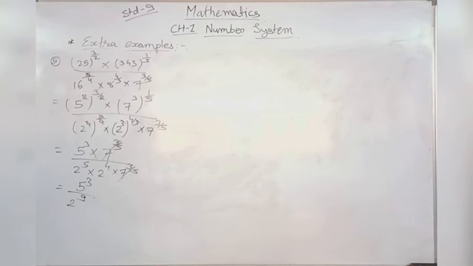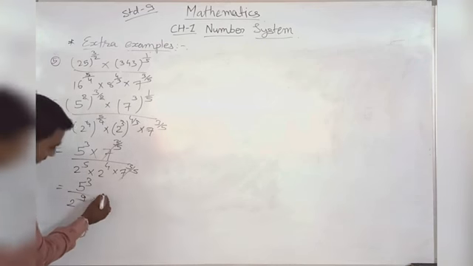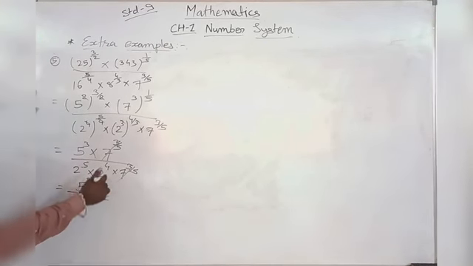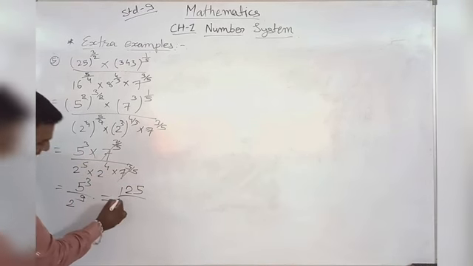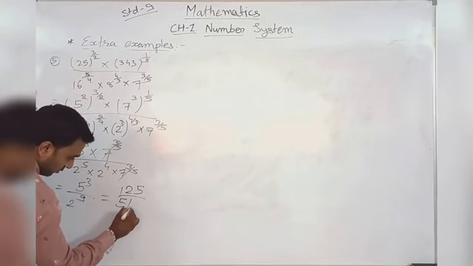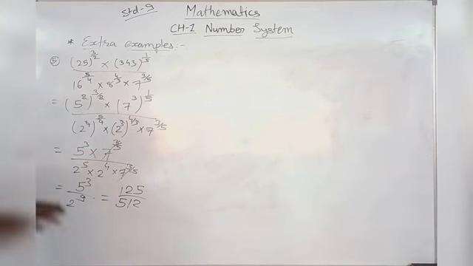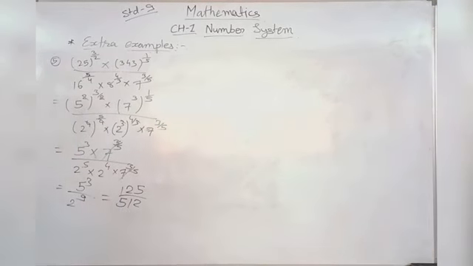Then next, also you want to simplify this in answer like this way. Then 5 cube, that is 125 and 2 raised to 9 power, that is maybe 5 pair. Okay, you have to multiply this up to 9 times, so that's why you can get easily answer like this way.